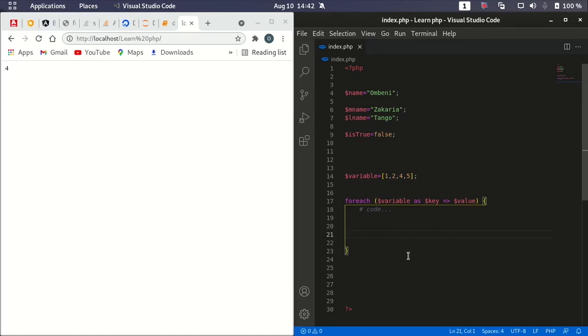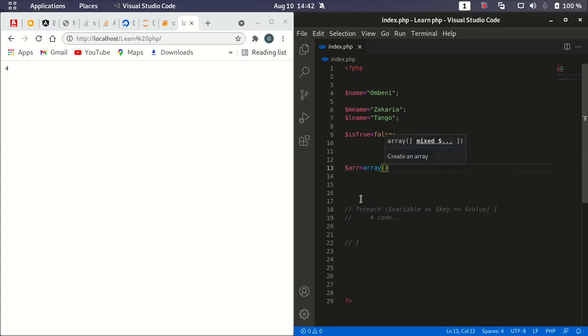So this is how to create a for each loop. Let's say we have now, let's dive into array first, so that you can understand very easily what this for each loop is. For now, I'm going to comment this one and then just create an array here and say array is equal to array. We have this function called array, and here you can create an array by using keys and